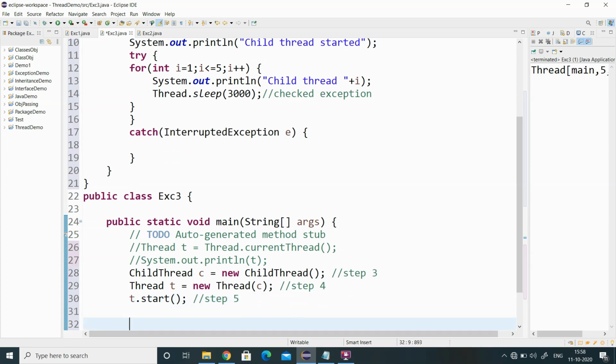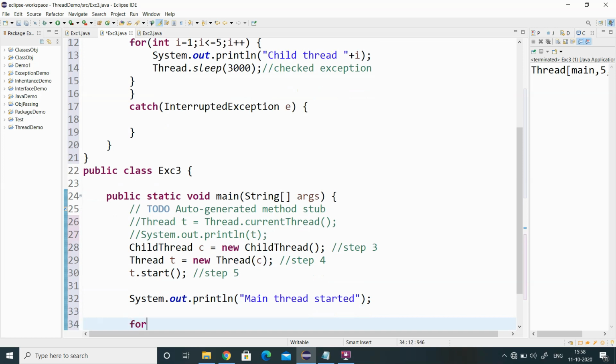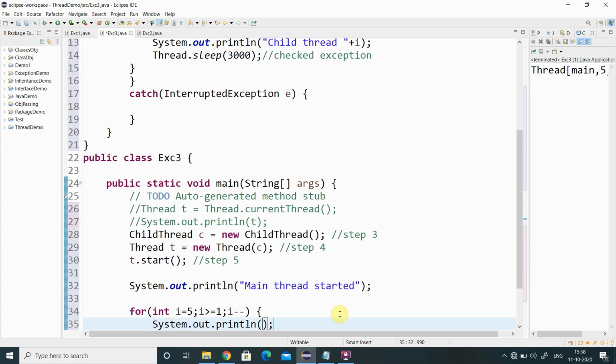Meanwhile, I need to give some task to my main thread. So I am putting sout "main thread started", and in the main thread I need to display the values 1 to 5 in reverse order. For int i = 5; i >= 1; i--, sout main thread i.